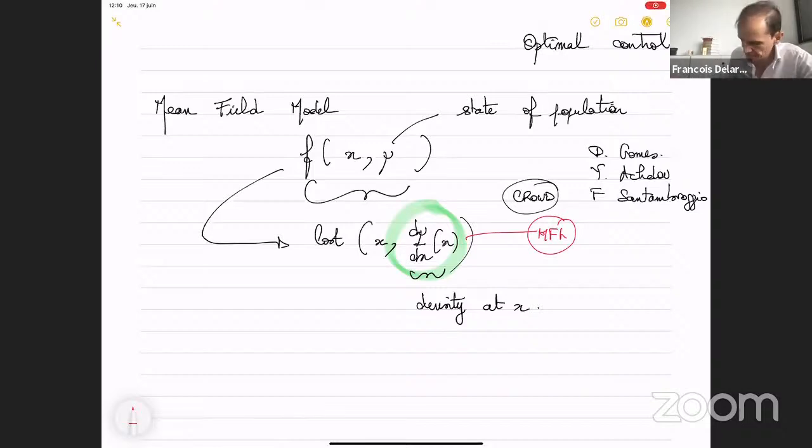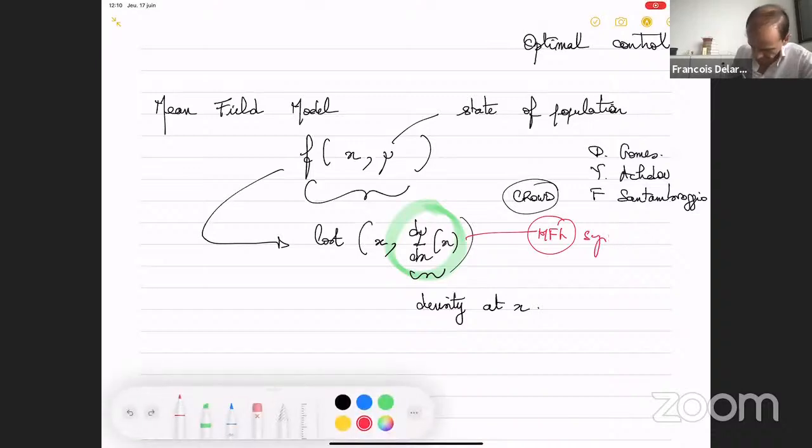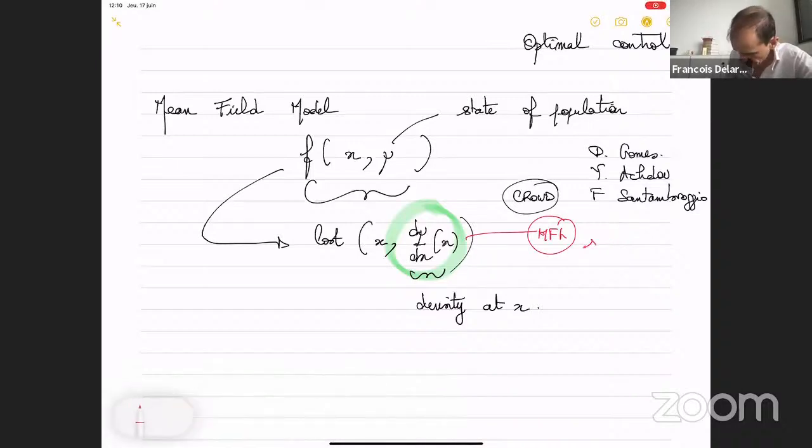So you will see the local density of the population. So there are plenty of papers in this direction. And for the master equation, if I remember well, I think that Pierre Cardaliaguet did one paper where he explained how to adapt the arguments that we used in the book to the case with a local density. So I'm pretty sure that there are some results. But once again, formally, it's possible. This is the same